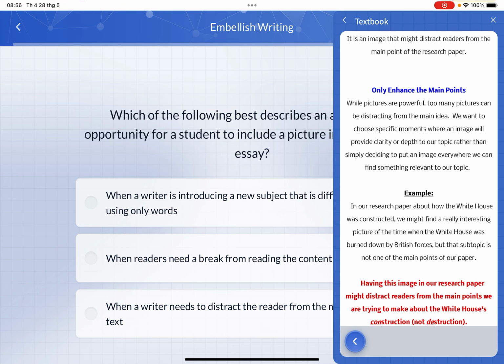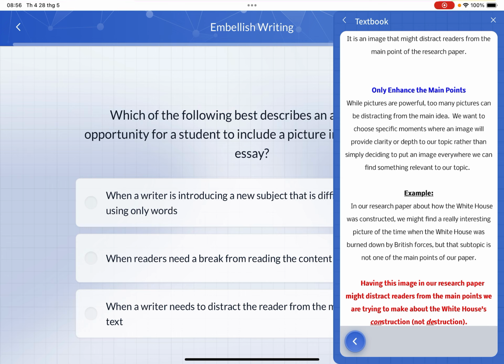Now, while pictures are powerful, too many pictures can be distracting from the main idea. Too many of anything is not good. If you have too many words, then the audience can be overwhelmed and won't pay attention to you anymore. But if you have too many pictures, then it can be distracting from the main idea, and the audience will not understand what our pictures are trying to do, because they distract from the main idea, and they think of another way rather than the